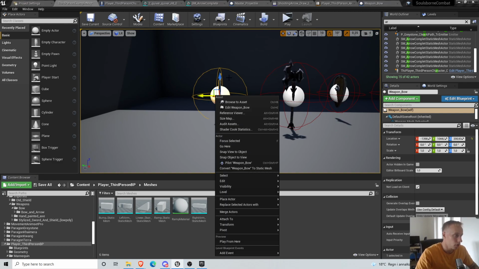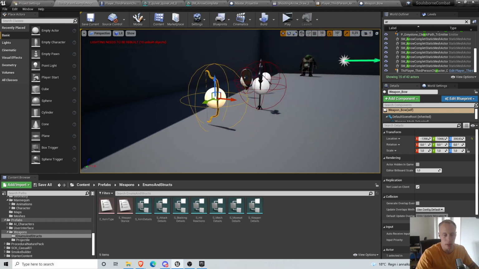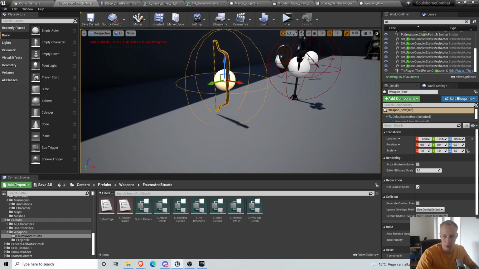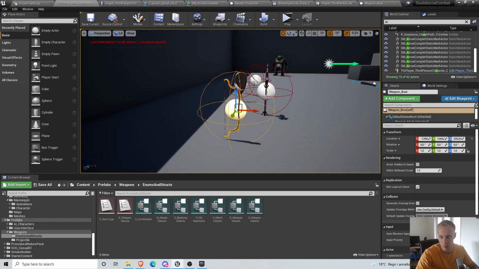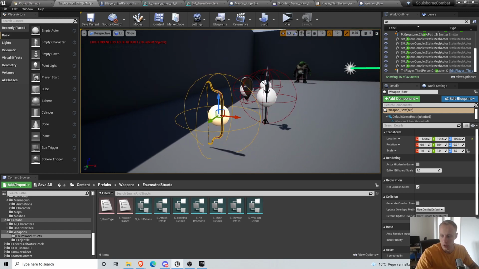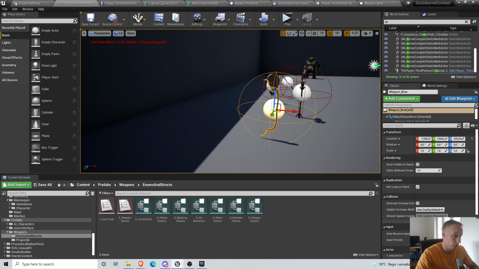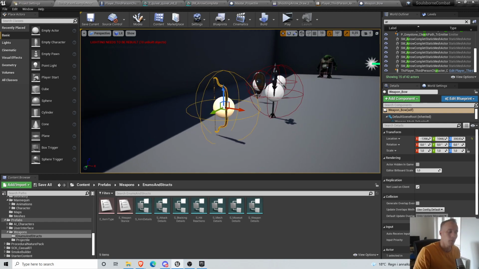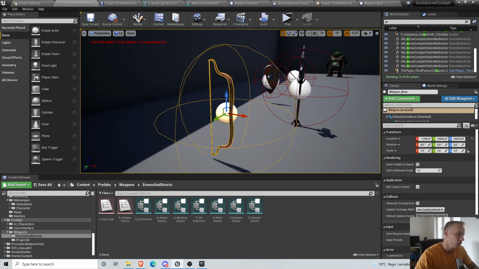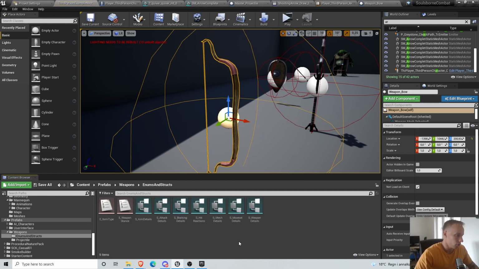So let's go to the enums and structs, because you could hardcode it, but we will probably have plenty of different ranged weapons, and if we have different ranged weapons, we probably will have different projectiles. It might not always be arrows. You could do a fire staff that fires fire spells, and that's going to be a different projectile, but it's still going to be the same ranged weapon class. So enums and structs,